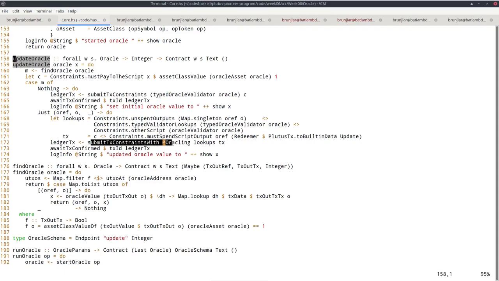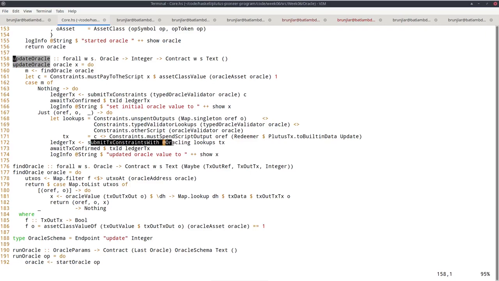So even though we only specify two things here, the Oracle script input and the Oracle script output, we will probably end up with a transaction with two inputs and two outputs: one additional input coming from our wallet to pay the transaction fees, and one additional output going to our wallet, giving us the Oracle fees that users of the Oracle added to this UTXO.